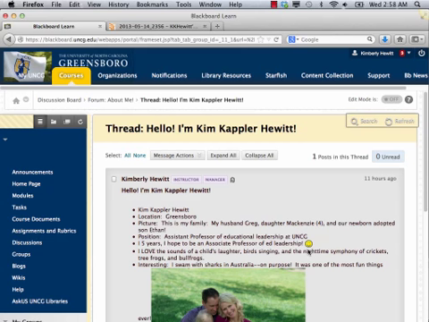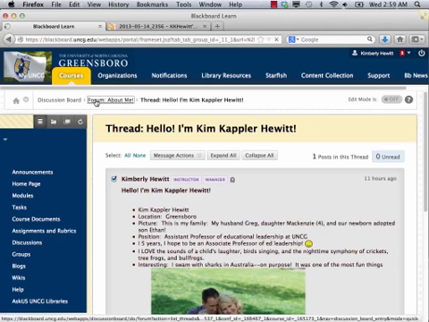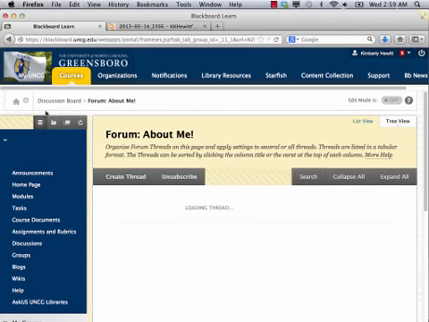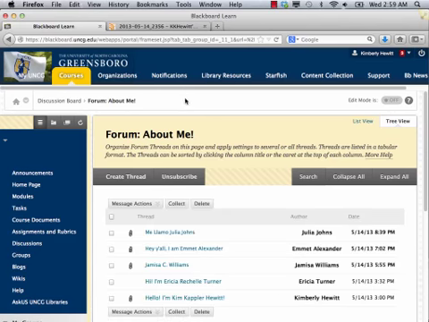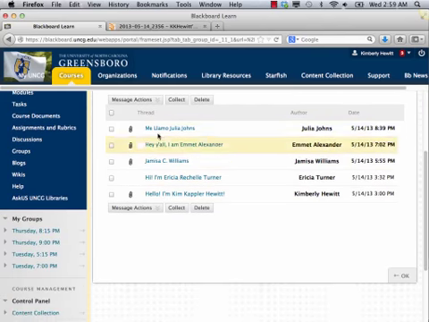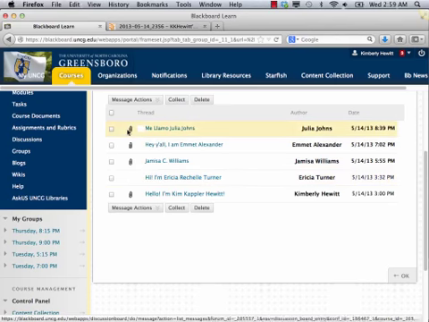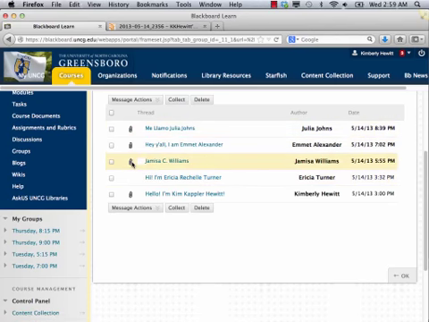Now, this is one of our whole class forums. So let me come back here just for a second to this forum About Me. And notice how near the top of my Blackboard view pane, I can see what are called breadcrumbs. So I started by going to discussion board, and from discussion board I went to the forum called About Me, and here are all the different threads to it. So you can see other folks in the class who have responded, and some of them have attached pictures to their